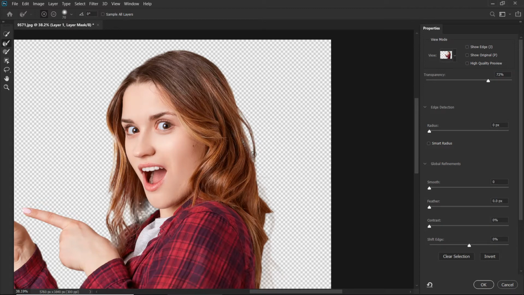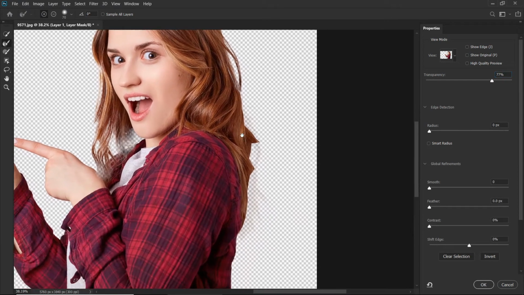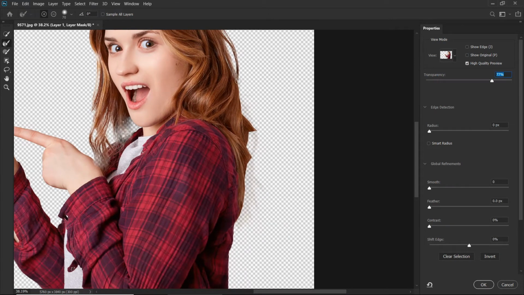Okay, you can increase your transparency a little bit to see what changes it is making. So as you can see, it clearly adds some of the hairs. So let me just bring my transparency back to about 70-75%, and I will just quickly add my hairs.